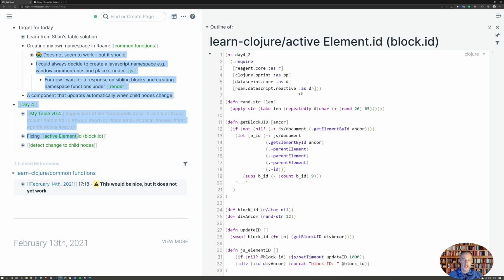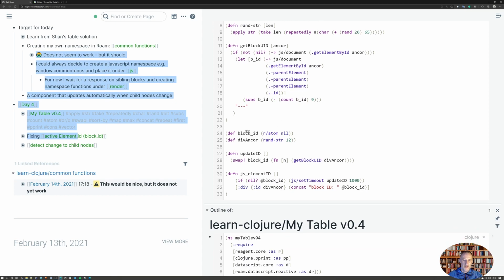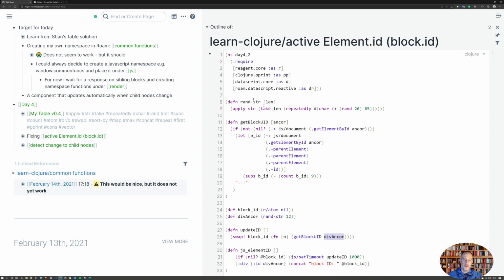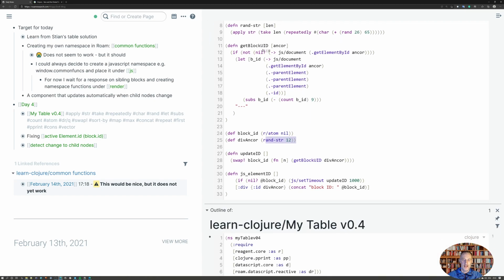So what I'm doing right now is I'm initializing block ID to nil, and if it's nil, then I initiate a timer, and after 1 second I go and read the block ID based on my div anchor, and my div anchor is this 12 characters long random string right here, and with that I read the